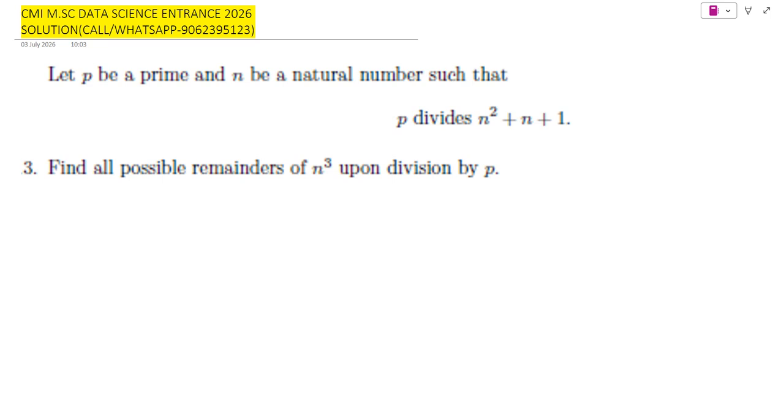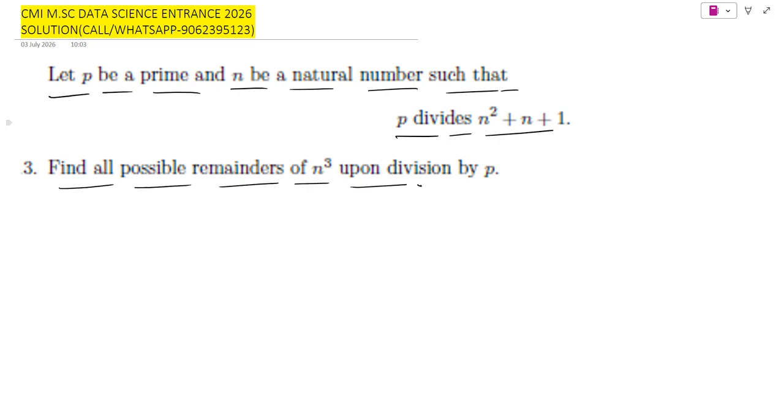So first, let's read the question. Let P be a prime and N be a natural number such that P divides N square plus N plus 1. Find all possible remainders of N cube upon division by P. Okay, so let us first